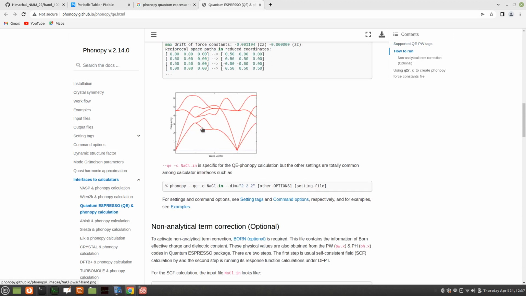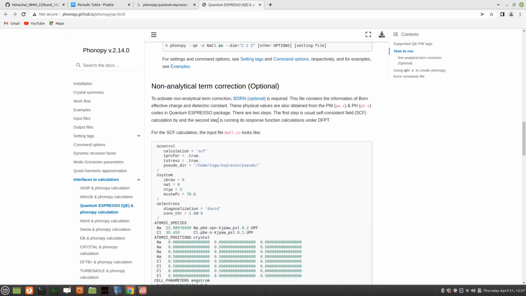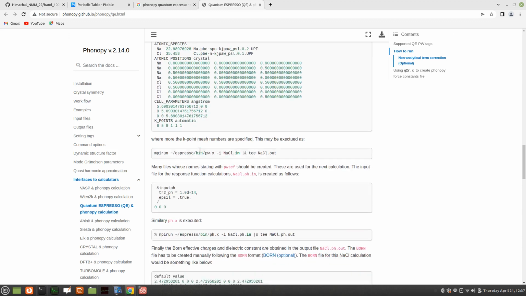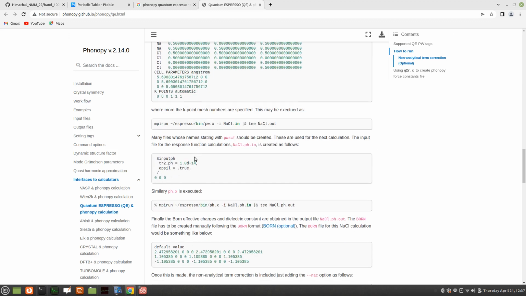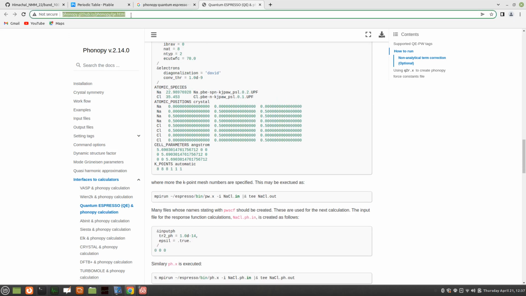So इसमें भी सोडियम क्लोराइड का एग्जांपल है इसमें। बहुत बारीकी से एक्सप्लेनेशंस किए हुए हैं, आप एक बार पढ़ के देख लीजिए। ये क्वांटम एस्प्रेसो का ही इनपुट फाइल है और फोनोन गामा में किया हुआ है। एक बार इसको देख लीजिए आप। ये लिंक आप व्हाट्सएप में शेयर कर दीजिए। इस कंप्यूटर में व्हाट्सएप नहीं है, इसीलिए मैं नहीं कर सकता। उसमें करने से सारे यूजर्स को इस लिंक को पकड़ने में आसान हो जाएगा।